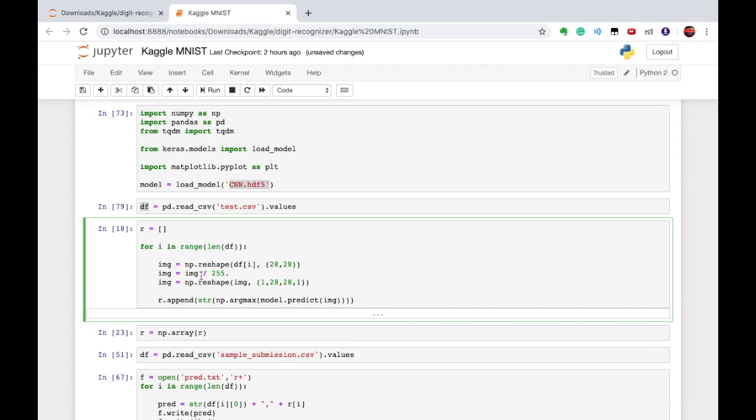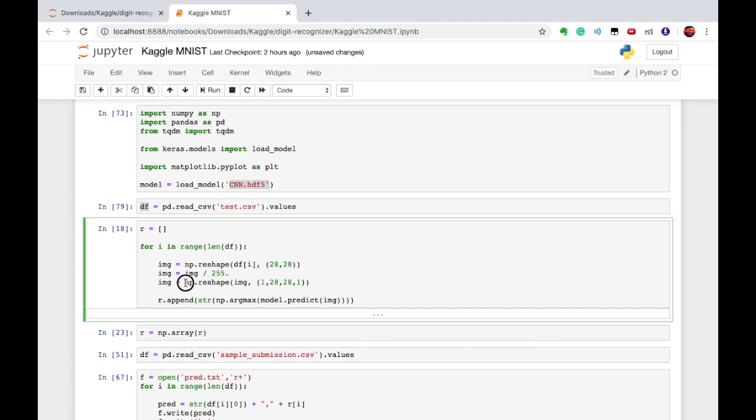After that, as we have done with the data set, we need to divide the image by 255.0, to make the image in the same format on which our data set is trained. So the pixel values now range between 0 and 1. Okay, clear.